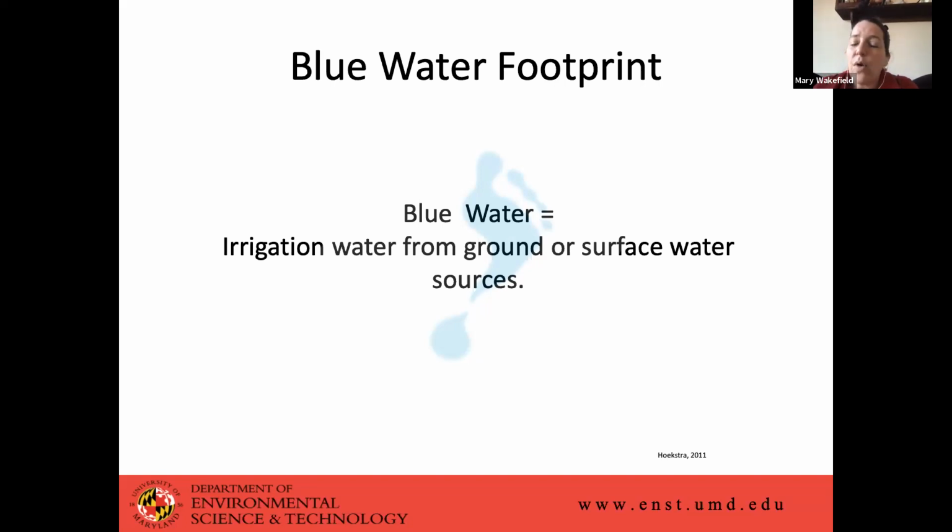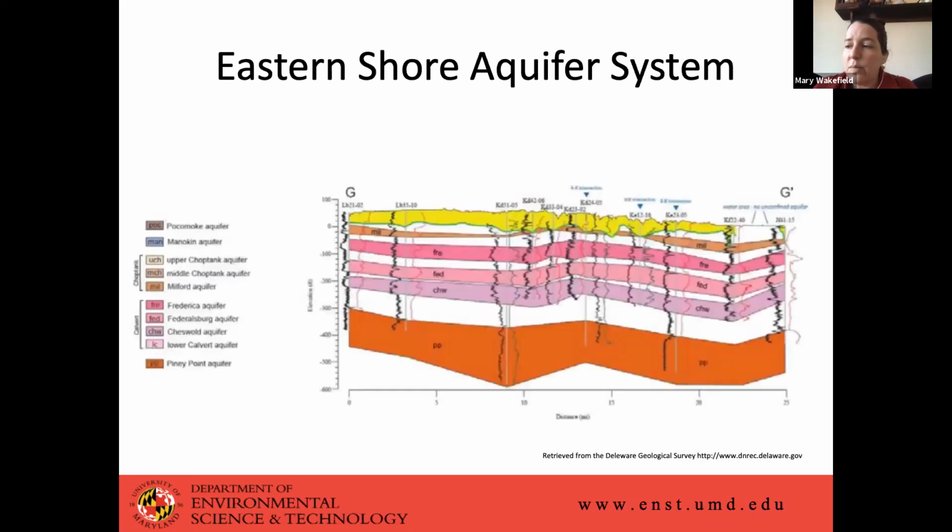Now, a quick crash course on your Eastern Shore aquifer system to make this make more sense. Most of the groundwater systems that Maryland uses for irrigation are the Aquifer, the Cheswold, the Federalsburg, the Frederica, and the Piney Point. And on this, it's a little hard to see them, especially if you don't know what you're looking at. But the Piney Point is the dark brown at the bottom. And all of the ones in sort of the pinks and purple are your Cheswold, Federalsburg, Frederica. And sorry, not Piney Point. The Aquifer isn't really even on here. And that's because